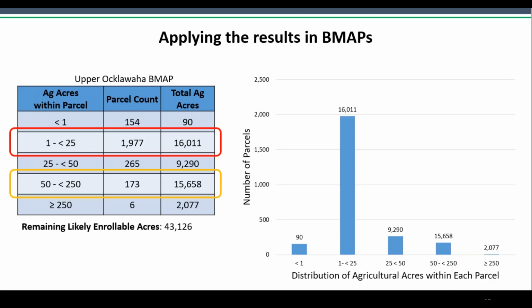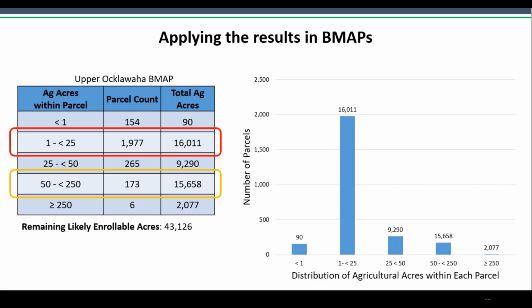Because we're able to keep the parcel information within the results of our analysis, we also provide a count of the unenrolled parcels separated into one of 5 size bins and the acreages associated with each size bin. The results shown on the slide are a typical example. Much of the larger ag acreage highlighted in the bottom 2 rows below the yellow rectangle has already been enrolled in our program, which results in a lower parcel count, where many of the smaller agricultural acreages shown in the red bar and above it have not, resulting in larger parcel counts.